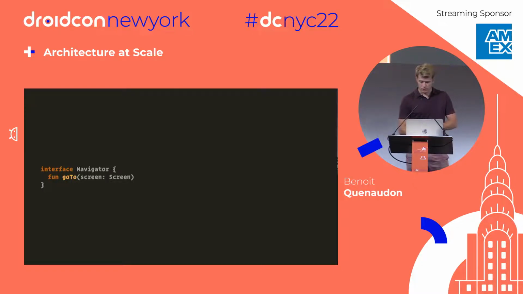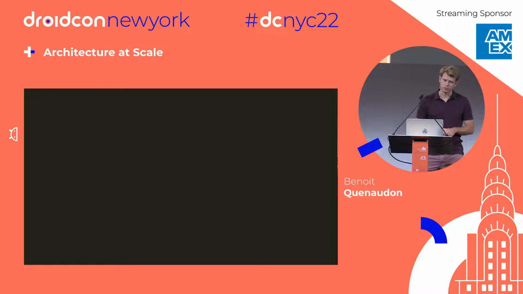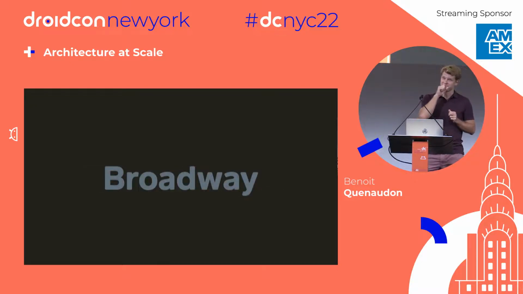And so this is why I wanted to talk about Broadway. Broadway is the name of the not open source library that we have internally that we are trying to create. It still has a lot of implementation details related to Cash App, so it's not open source yet, but it's something we've been working on. It's actually pretty simple. It contains mostly all the interfaces that I shared, and then some glue to make the bridge between Molecule, Flow, Rx and these kinds of things.